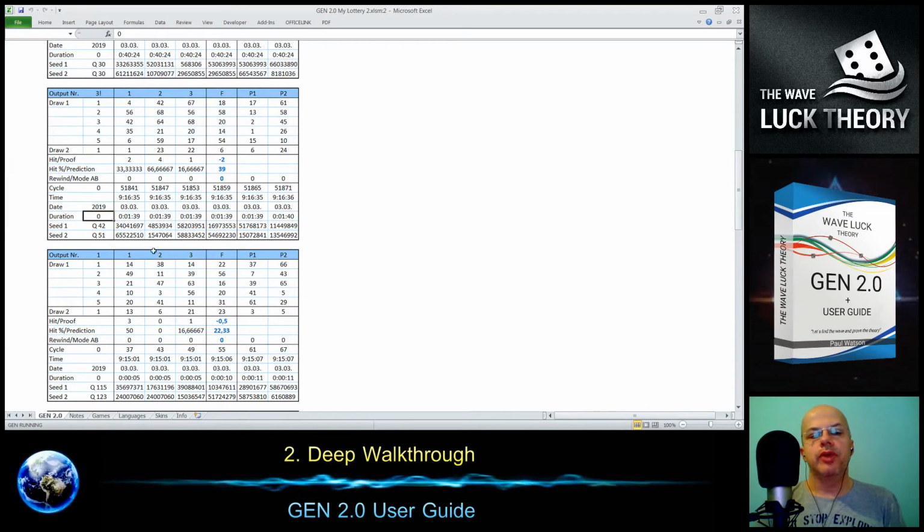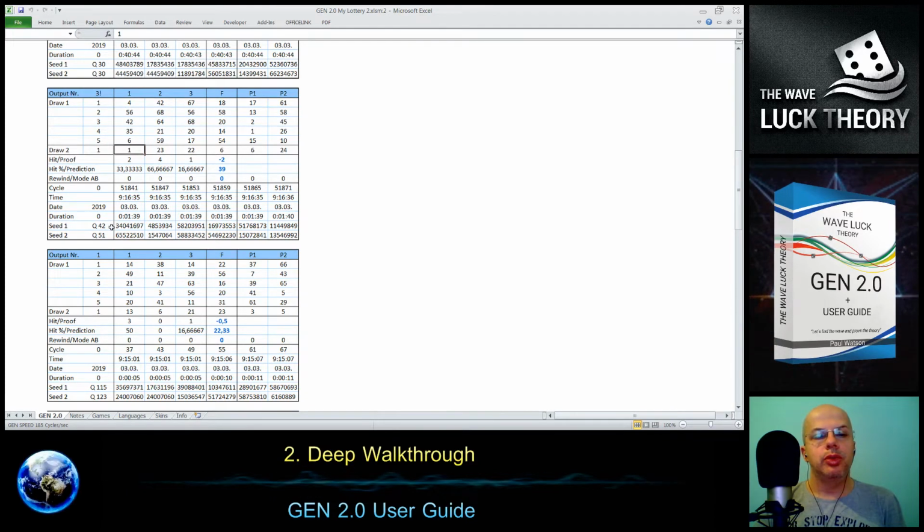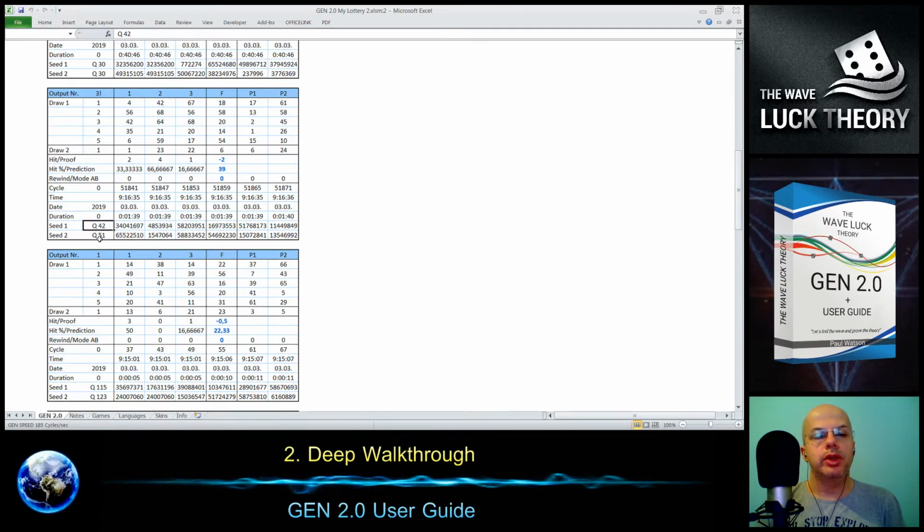Then we have the final, which is what we are looking for: how these numbers were generated. There are the seeds for the first and second row, and with these seeds we generated the sequence starting with number 4 and with number 1. We have here also the quality.